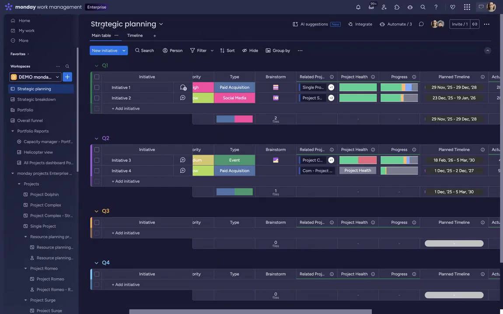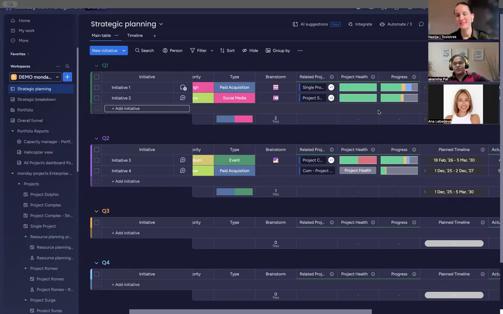I have a question. Since we are talking about strategic initiatives, I wanted to understand about the data security, if you can highlight something around that. Yeah, actually, as for the data security,